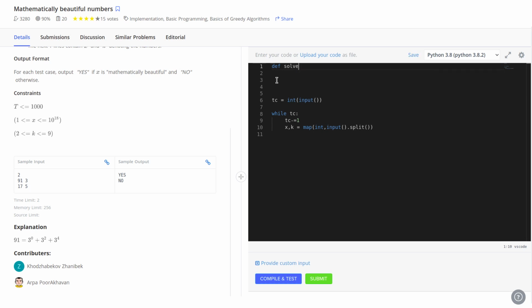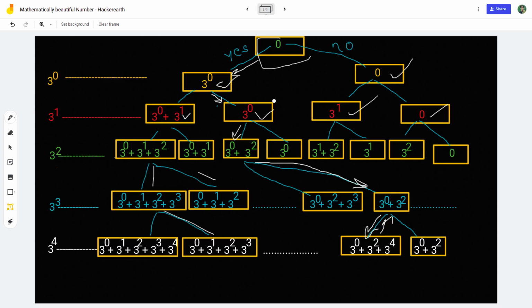Simple solve, and then we have to pass x and k, and then what is our sum.